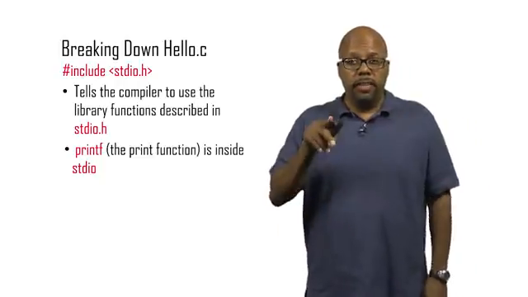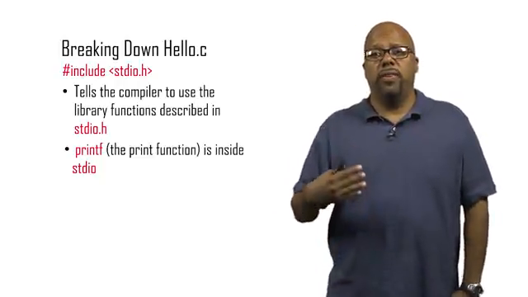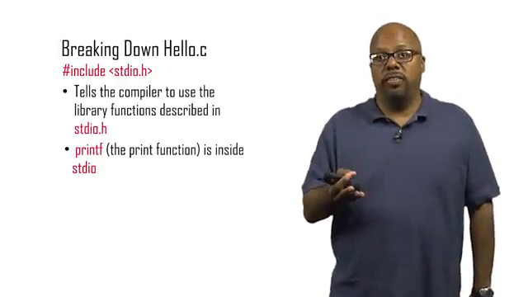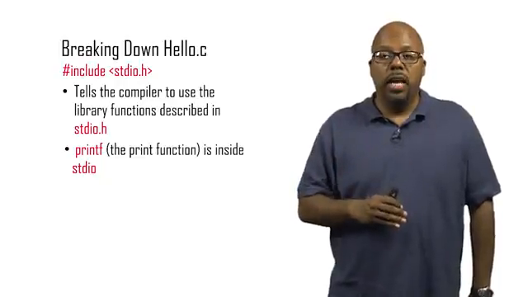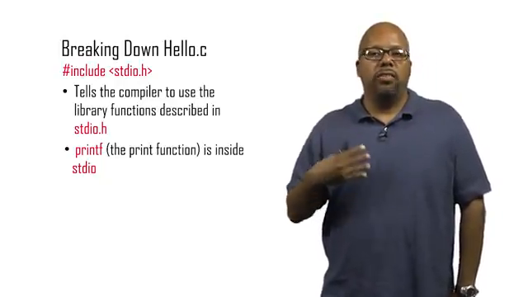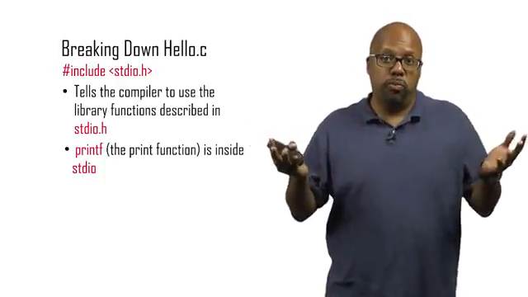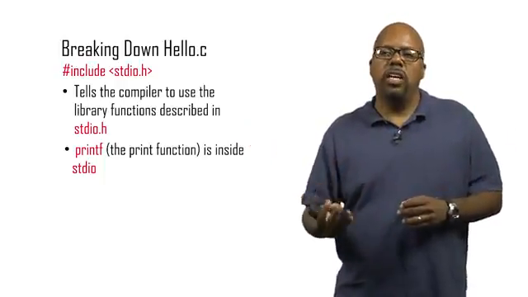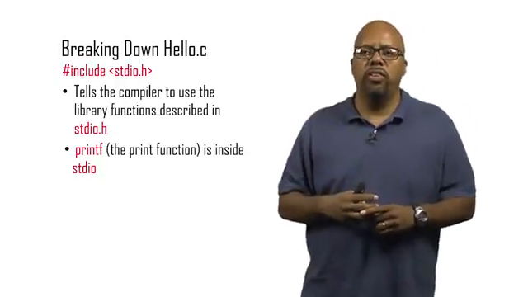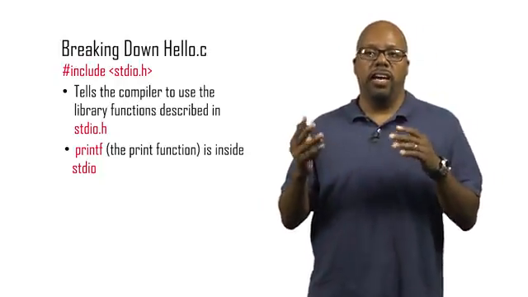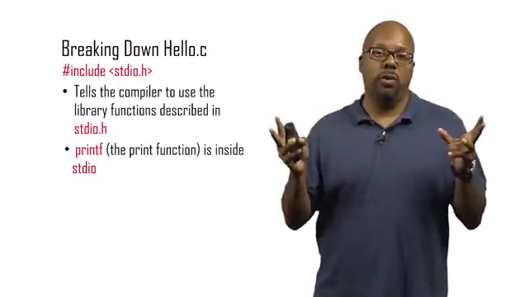Now, in this case, stdio.h is a library, a standard library. In fact, it stands for standard IO. And the standard IO library has all the standard input-output functions like printf for printing. So if you ever want to use printf, you've got to include the standard IO library. So this basically takes the .h file for the library, the header file for the library, and includes